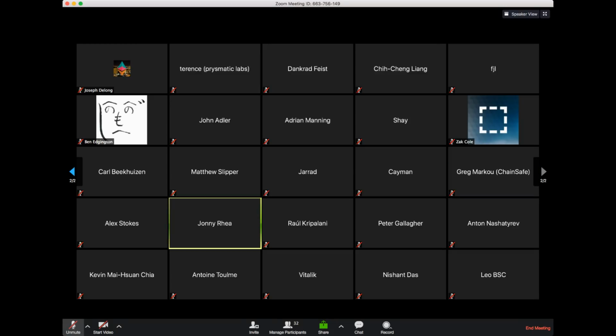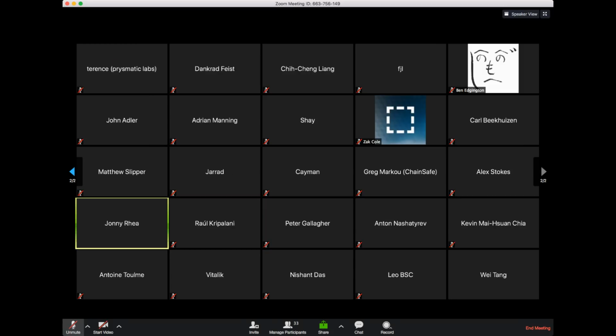Hey, can y'all hear me okay? Yep. Okay, so we're pretty close to being up to date with the 0.5.1 spec. We've been doing a bunch of network debugging. We integrated Antoine's implementation of the plum tree algorithm, and we're also planning that workshop.